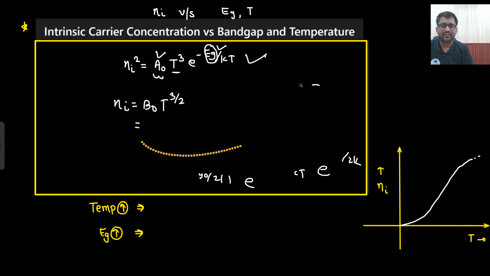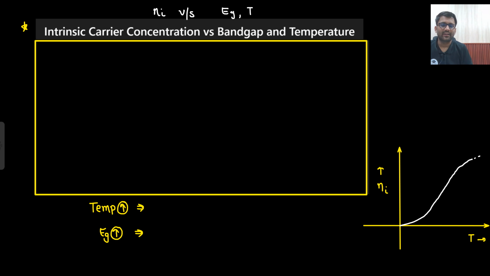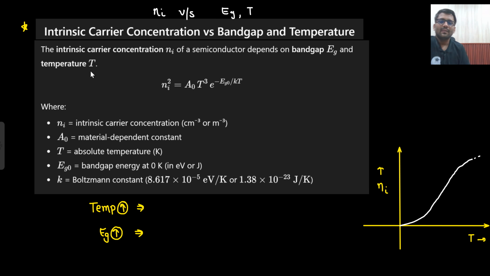So I will just remove everything that I have written and then I will show you what has been written in the slide. The intrinsic carrier concentration Ni of a semiconductor depends on the band gap and the temperature in this manner. Ni square equals A naught T to the power 3 e to the power minus Eg naught by kT. From here, if I want to find the value of Ni, that would be A naught to the power 1 by 2, so that will be some constant B naught T to the power 3 by 2 e to the power minus Eg naught divided by 2kT, right,